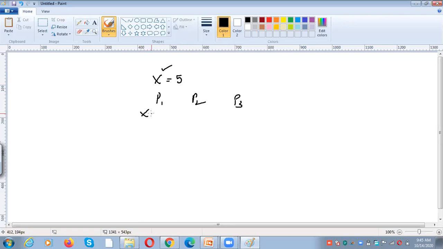So the value of x needs to be 5 here, here and here, because the variable name is the same. The data within the x variable needs to be the same. It should not vary from process to process. There should not be any inconsistency.